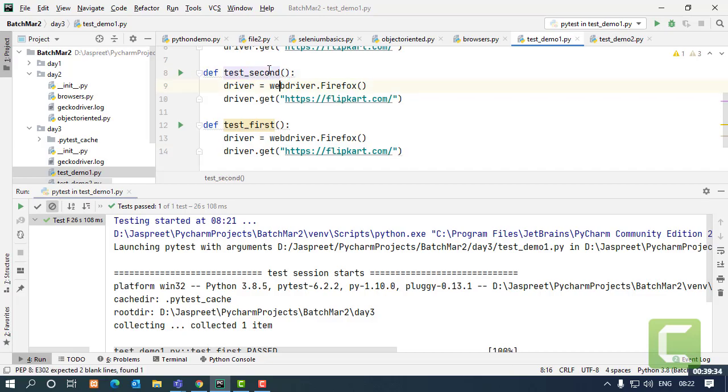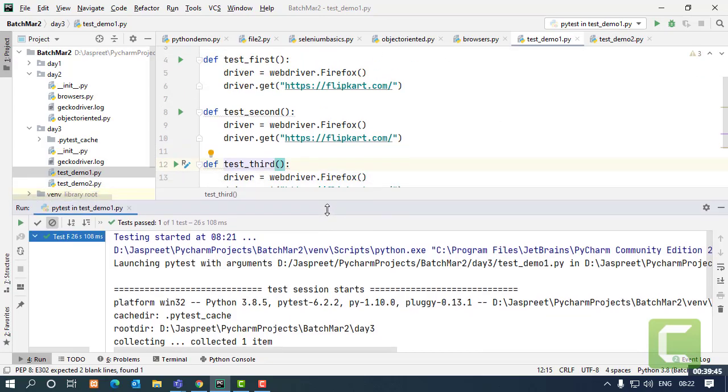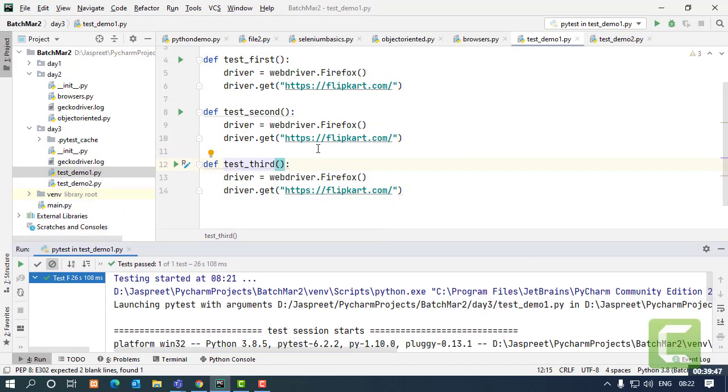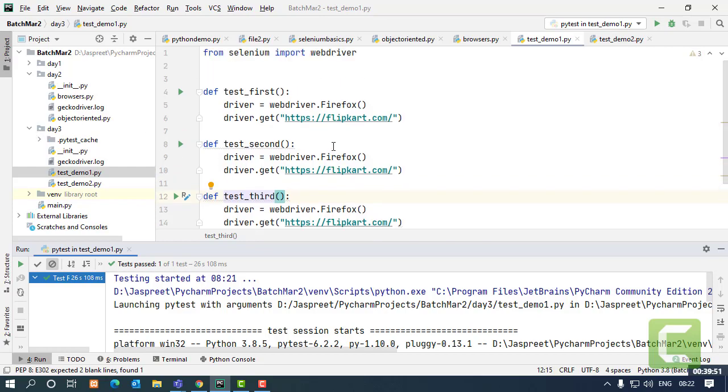Second, and then third. Right. Now if I have to run all these test cases, I know what I have to do. I just have to run my package itself. All the test cases given are going to be collected and they are going to be running as per the conventions.